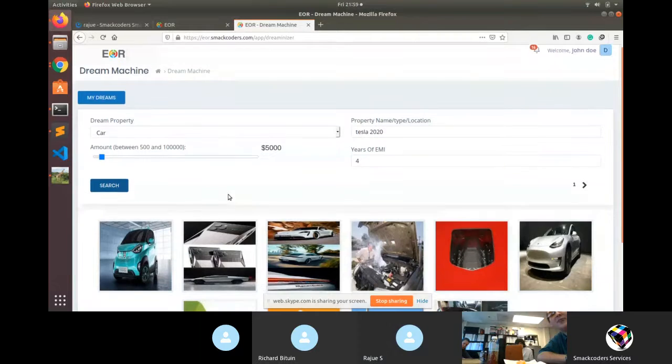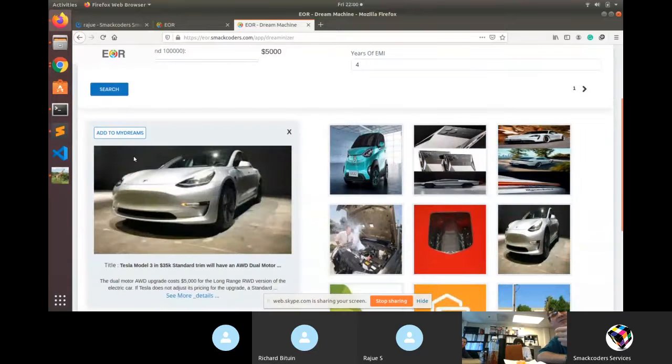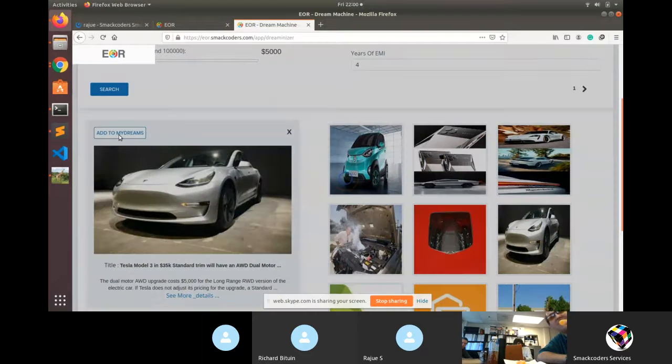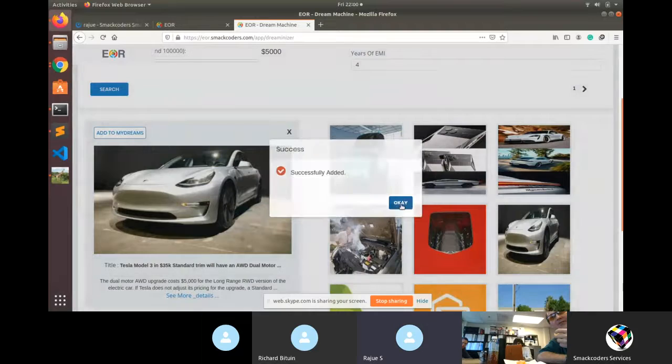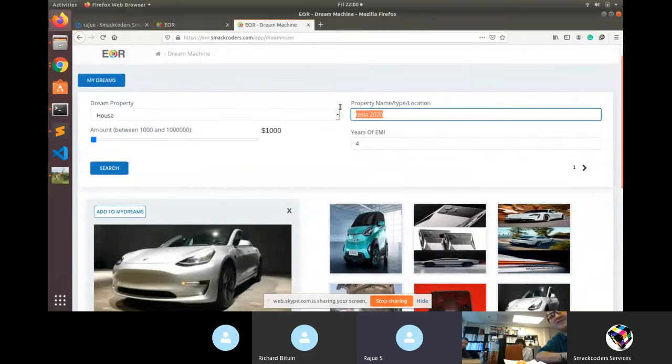The big one here is I really want this combo. We have to add this one from Dream Property, Car, and House. They need to be able to add in their own dreams, whatever their label is, and then they can search it. Yes, it is possible. I know that's the easy one. We just need to do that soon.